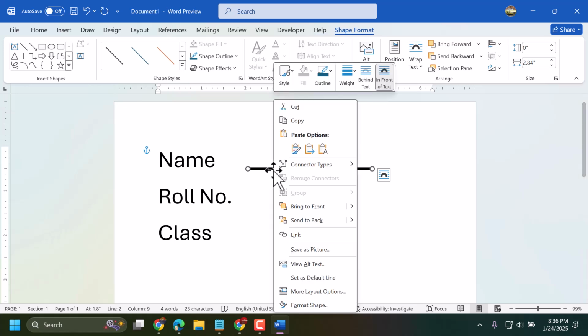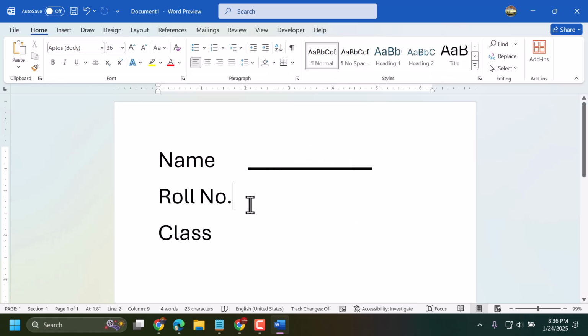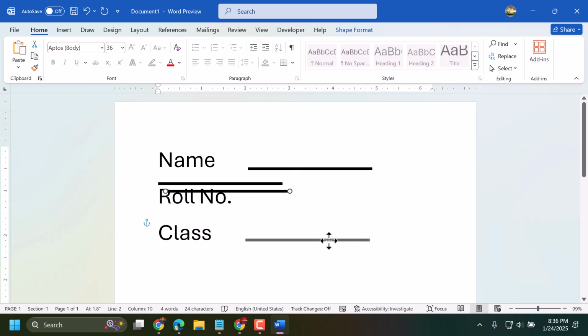Now just copy and paste, and also you can insert another line